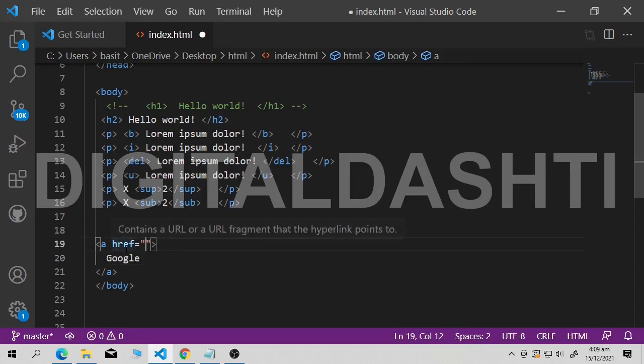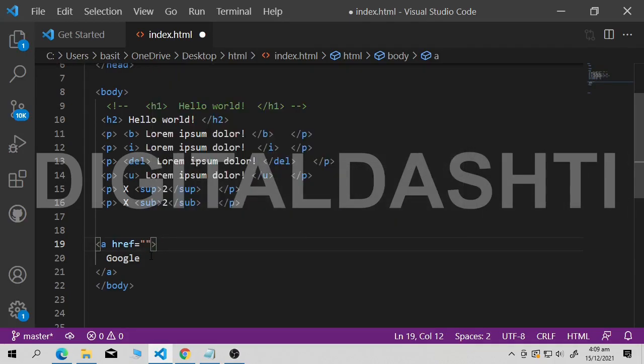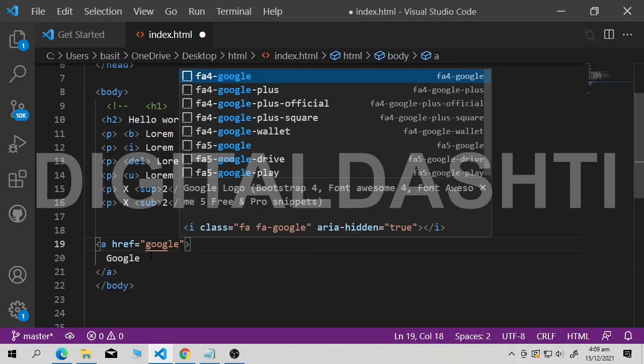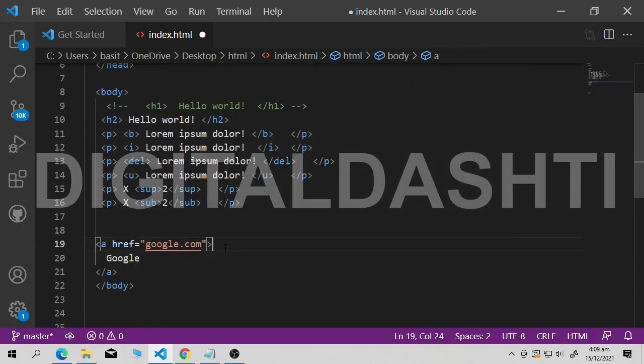Now inside this, href means reference. Here you put your link where you want to redirect the user when the user clicks on Google. I want to redirect the user to http, google.com, as soon as he clicks on Google.